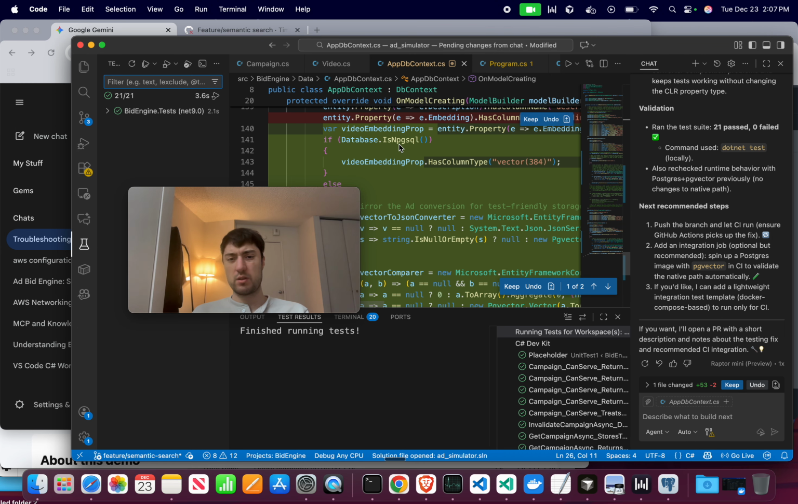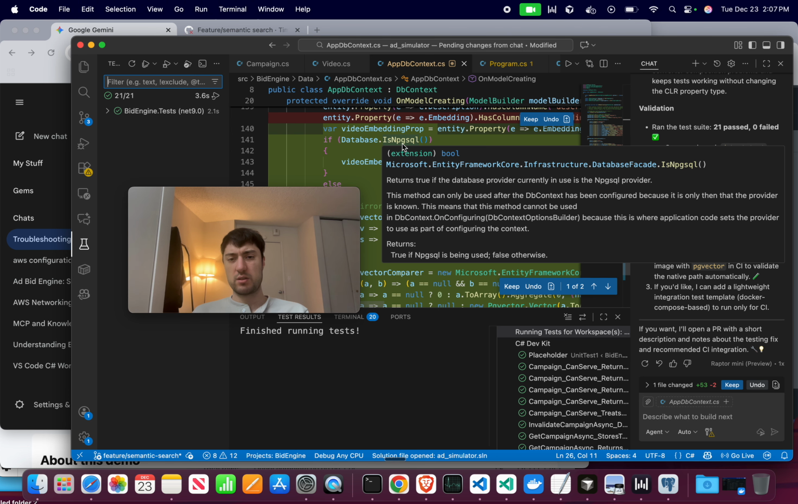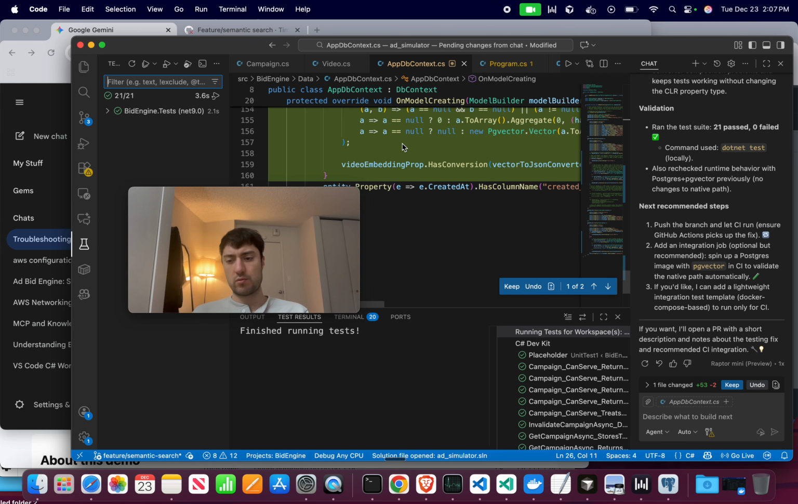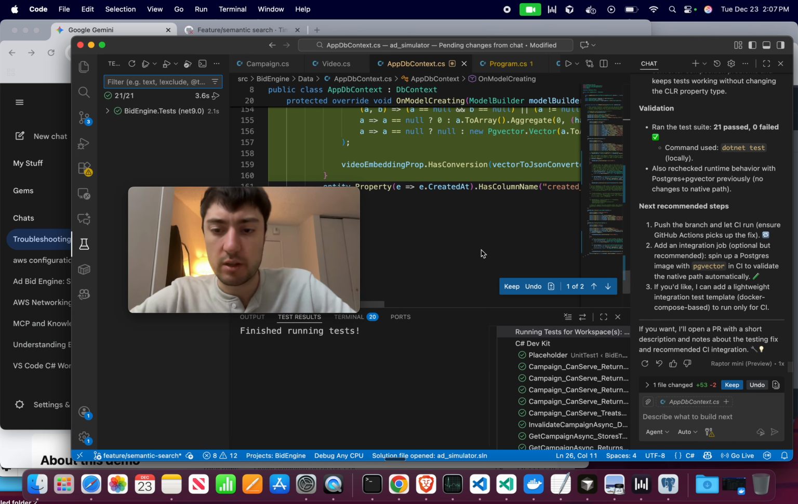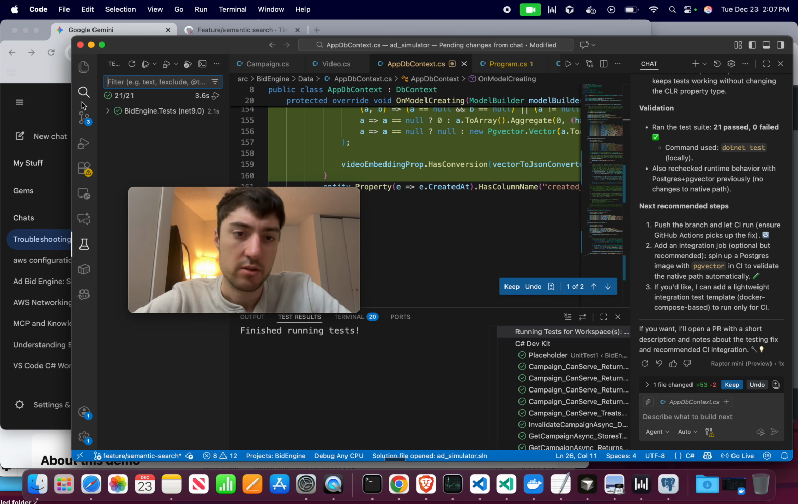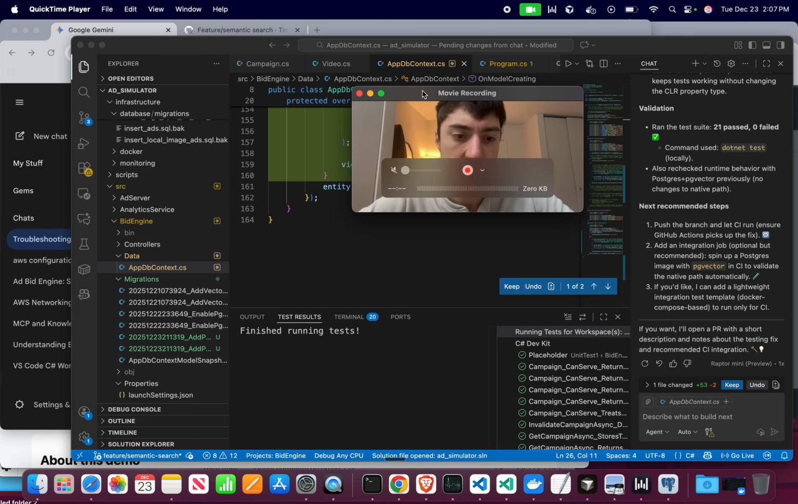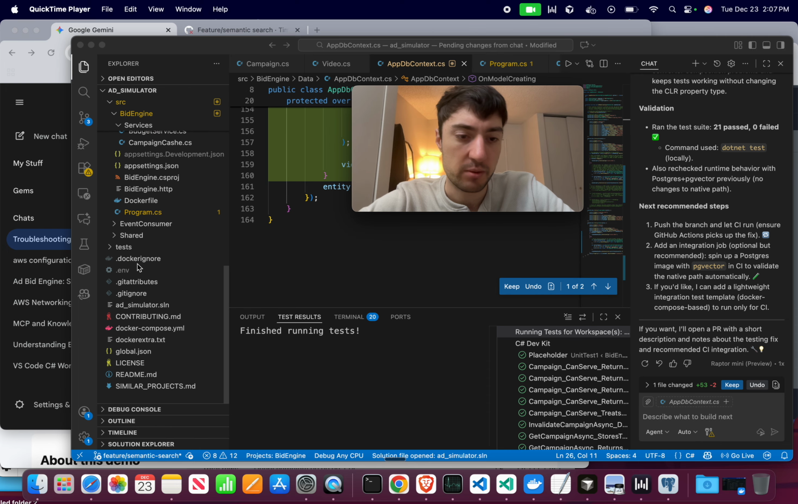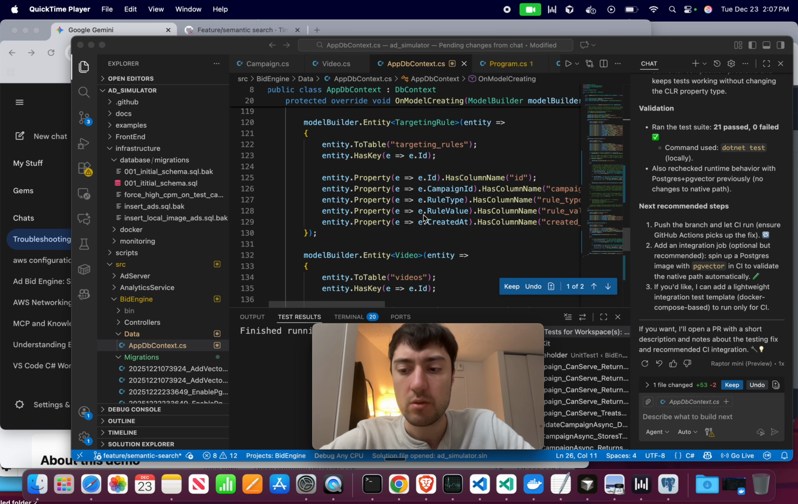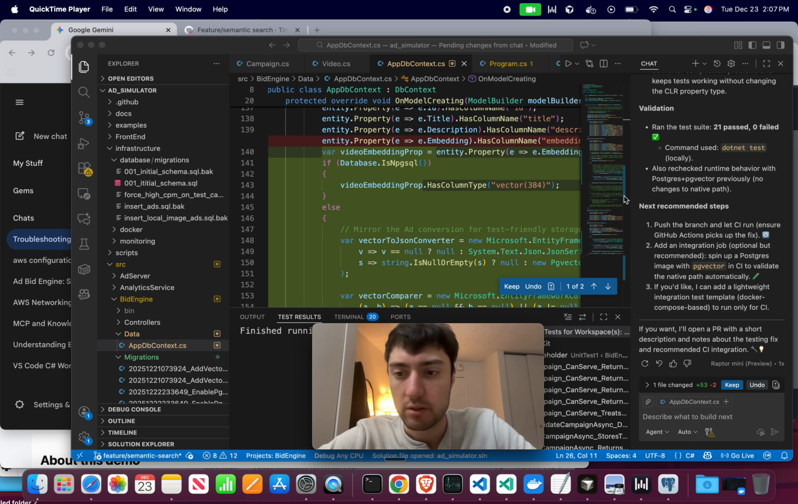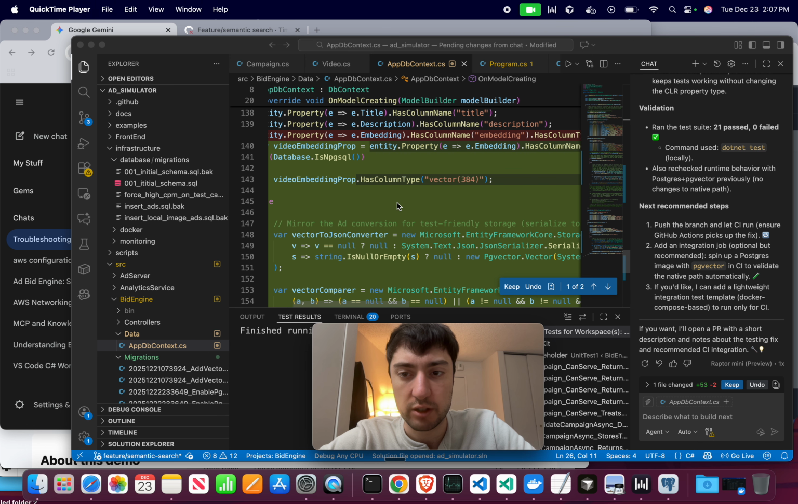So if database dot is, okay. Okay, so it changed these two things. Let me come in here, see what it changed. So only within AppDbContext. Okay. Now, I'm just going to keep, no, I don't want to press keep yet. The reason is because I want to see what has changed. So